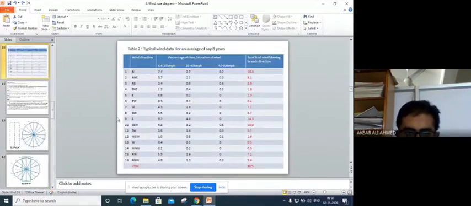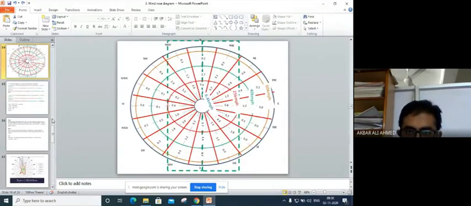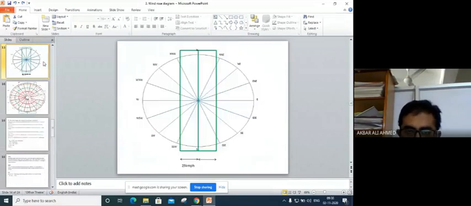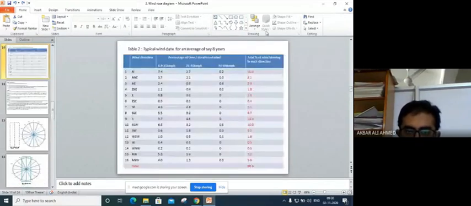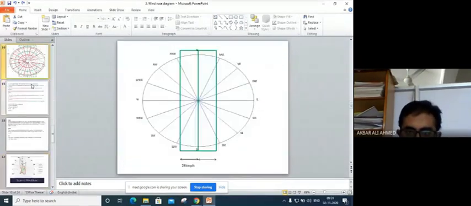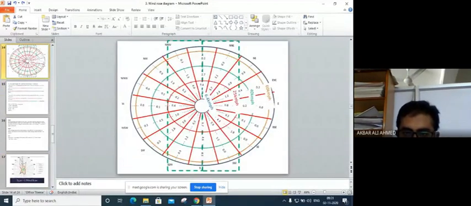6.4 to 25, the first column of the data. 6.4 here I am writing, 25 I am writing here. Then after 6.4, 25, what comes next? 6.4, 25, 40, and 60.